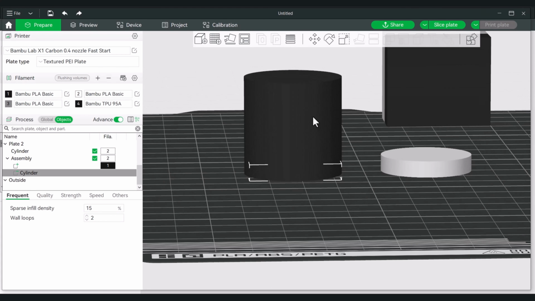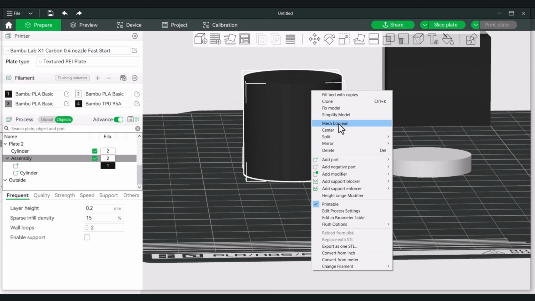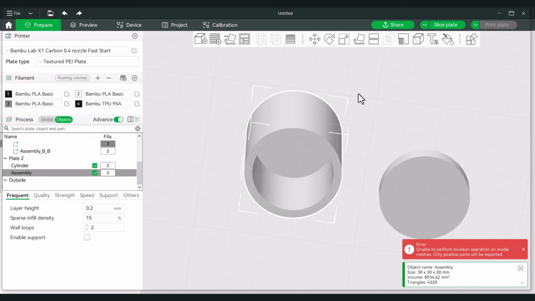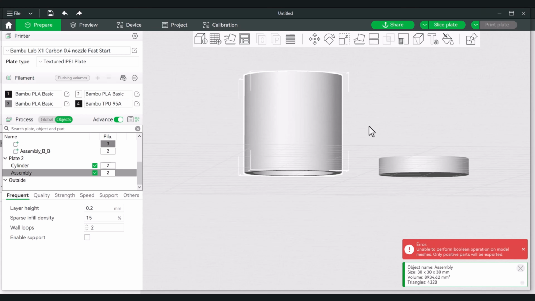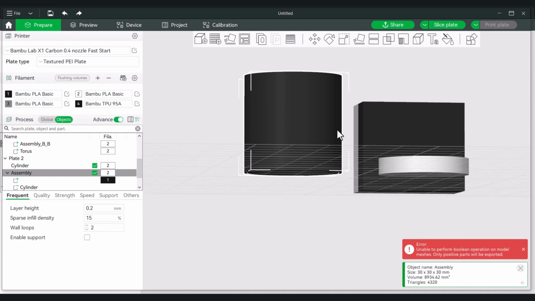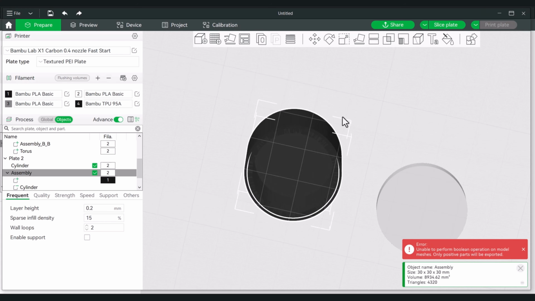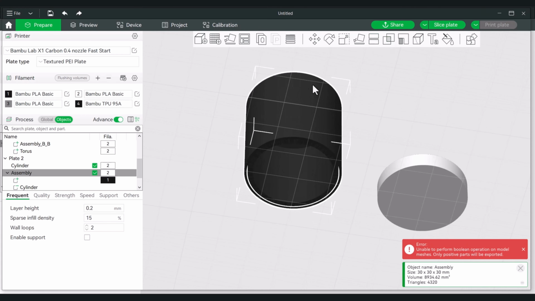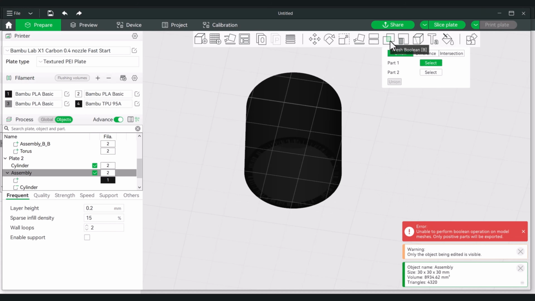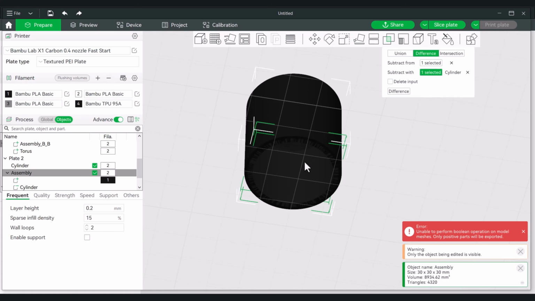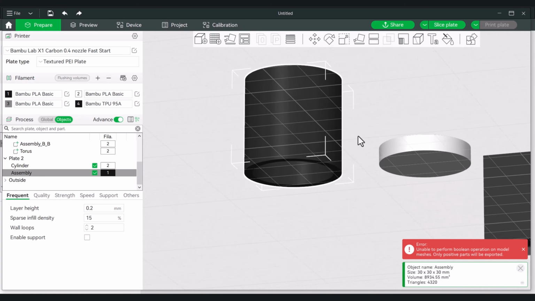And we're going to try again as far as just doing a right click, Mesh Boolean, and we'll see if we get the error. And we do, in which case it doesn't make the change. So we're just going to go back a step. So we'll just Control Z this. And that white piece is actually still there, but we need to click on this, and we will then go to Mesh Boolean, difference, select the top part, we will subtract the bottom part, and then I'm going to say delete input, since we actually do have the other one. So normally when you do a Mesh Boolean, it creates the one piece,